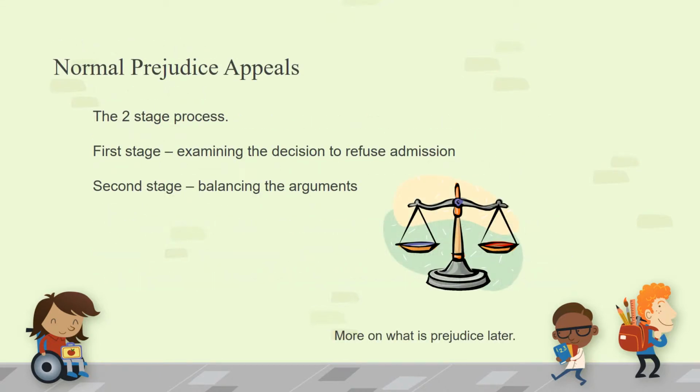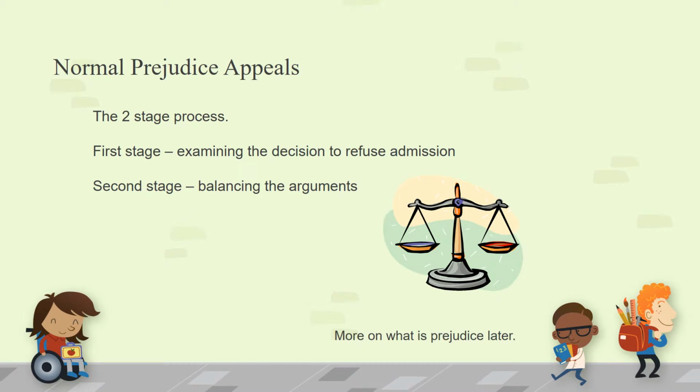For all other appeals that are not covered by infant class size, the panel must follow what is known as the two-stage process. The first stage looks at the decision to refuse admission and whether the admission complied with the mandatory requirements of the School Admissions Code and Part 3 of the School Standards and Framework Act 1998, and also whether the admission arrangements were correctly and impartially applied in the case in question. The panel must then decide whether the admission of additional children would prejudice the provision of efficient education or the efficient use of resources. If it finds either of these, the panel must pass to the second stage.